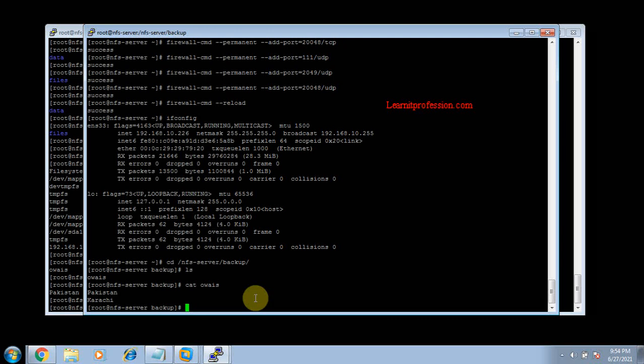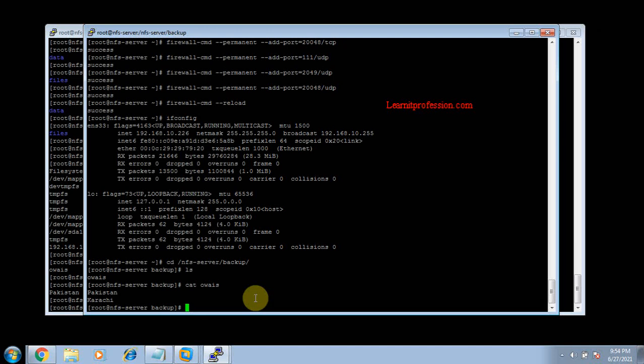So the whole purpose of this video is to show the NFS server shares mounted on the client machines. It means multiple Linux client machines can access the files, and the purpose of the NFS server is to reduce the cost, the local hard drive cost of the machines. So the whole purpose of the NFS server is that.